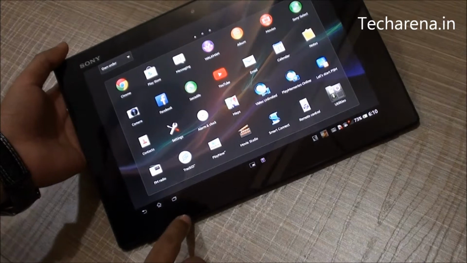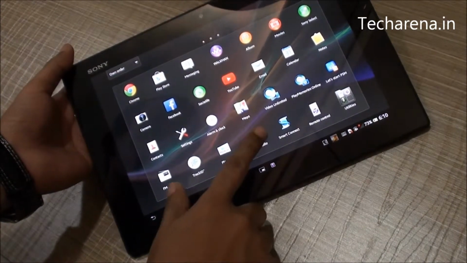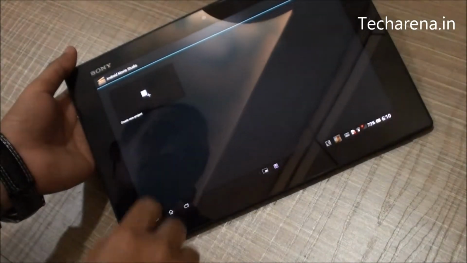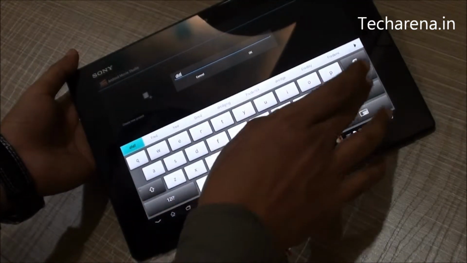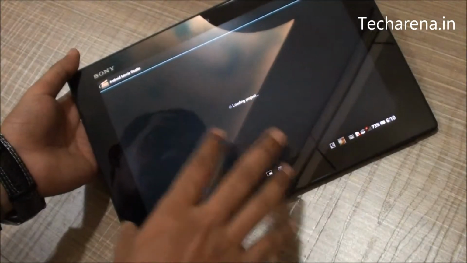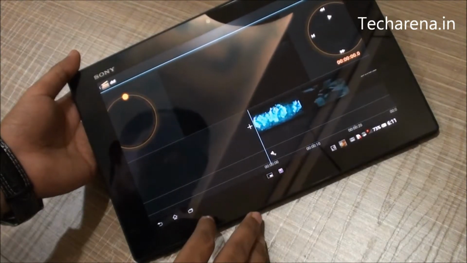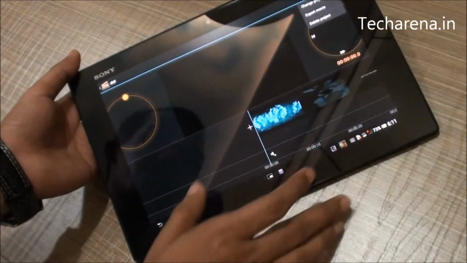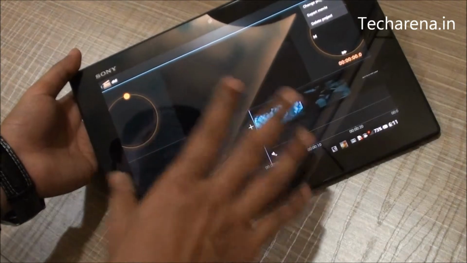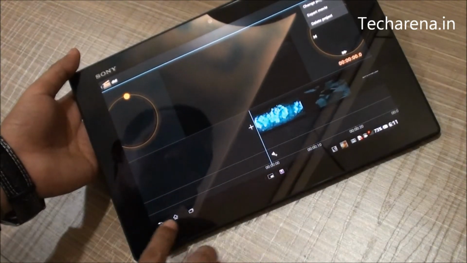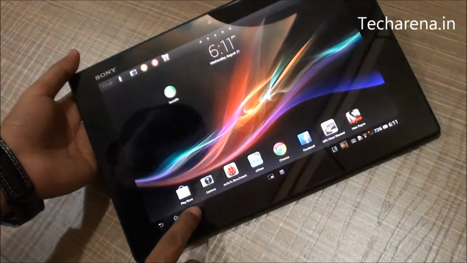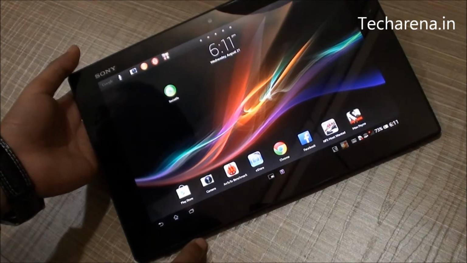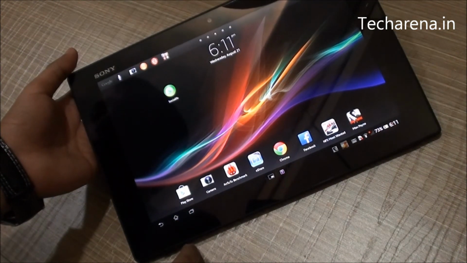For movies, you have a movie editing application also available, which is called Movie Studio. You can simply create a project here. You can add a set of different videos in the same project, and you can play them together. It does not provide you a very advanced feature, but it offers you a set of different simple options to play or merge multiple videos together. You can control the playback from this section. So these were the multimedia applications which are available in Sony Xperia Tablet Z.